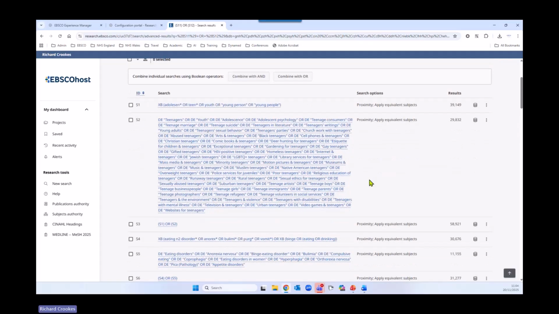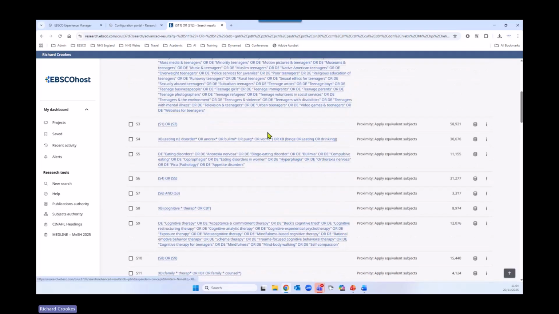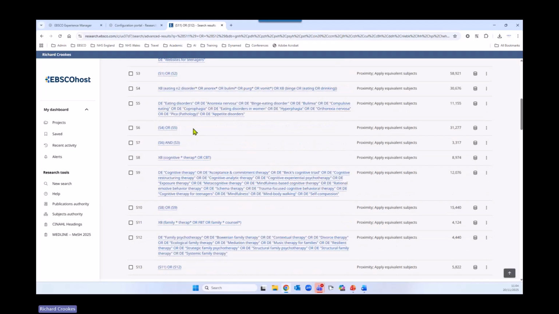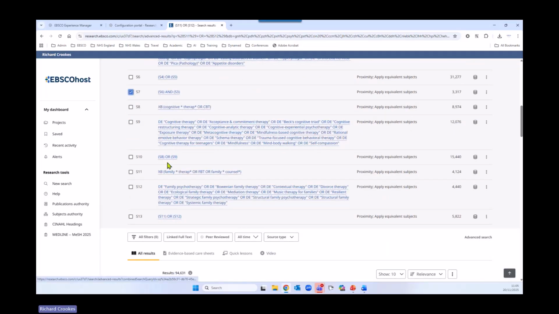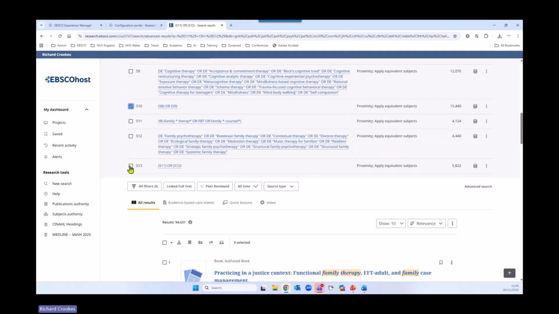Okay. And obviously we've grouped the PICO elements, the P element in S3, sorry, with this one, S6, I think that's the combined adolescent eating disorders. That's the P element, the PICO, the problem, and the patient or population. We've then got, let's see, what's that? Sorry, that's S7. So that's this one here. So I'll select this one. We've then got cognitive therapy, the title abstract search, and the subject search combined in S10. So it's S7, S10, and now we're looking at S13, which is the